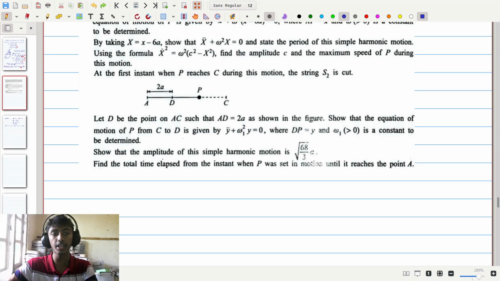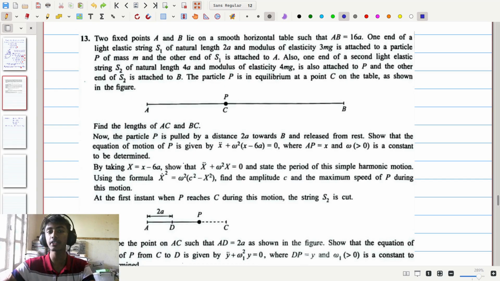So after this, it says, show that the amplitude of this simple harmonic motion is the square root of 68/3 times a, and find the total time elapsed from the instant when P was set in motion until it reaches the point A. So for that last part, we need to consider the entire motion